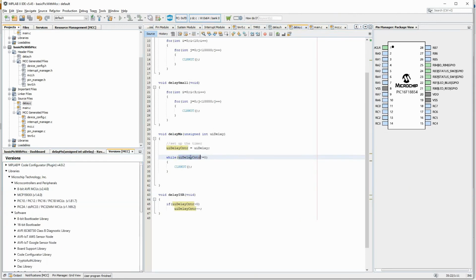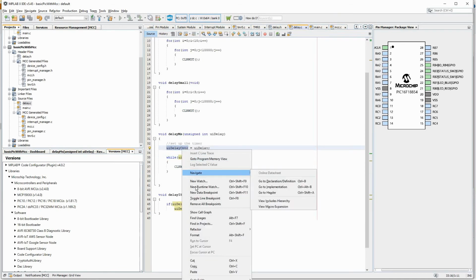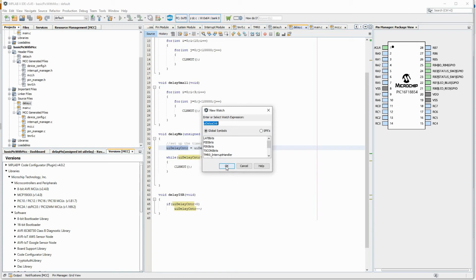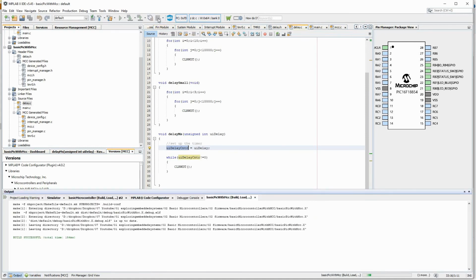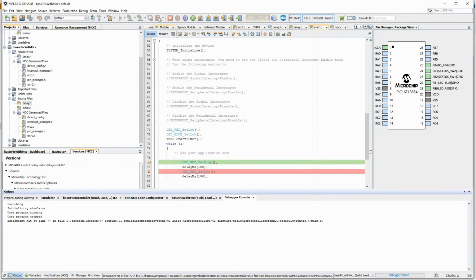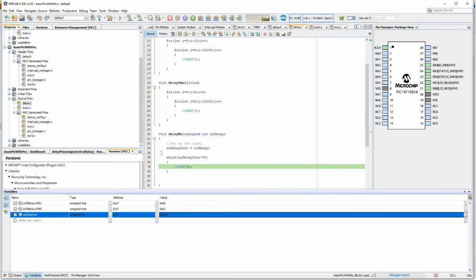Getting stuck here. So let me watch this one. New watch. delay counter. Let me run this. So for some reason the interrupt is not being generated.